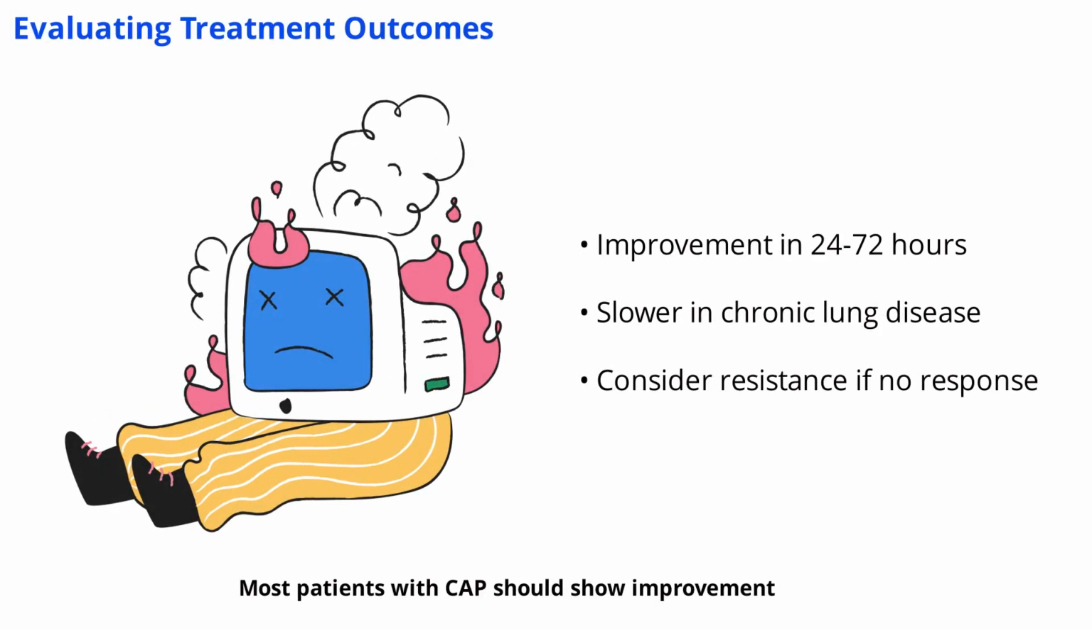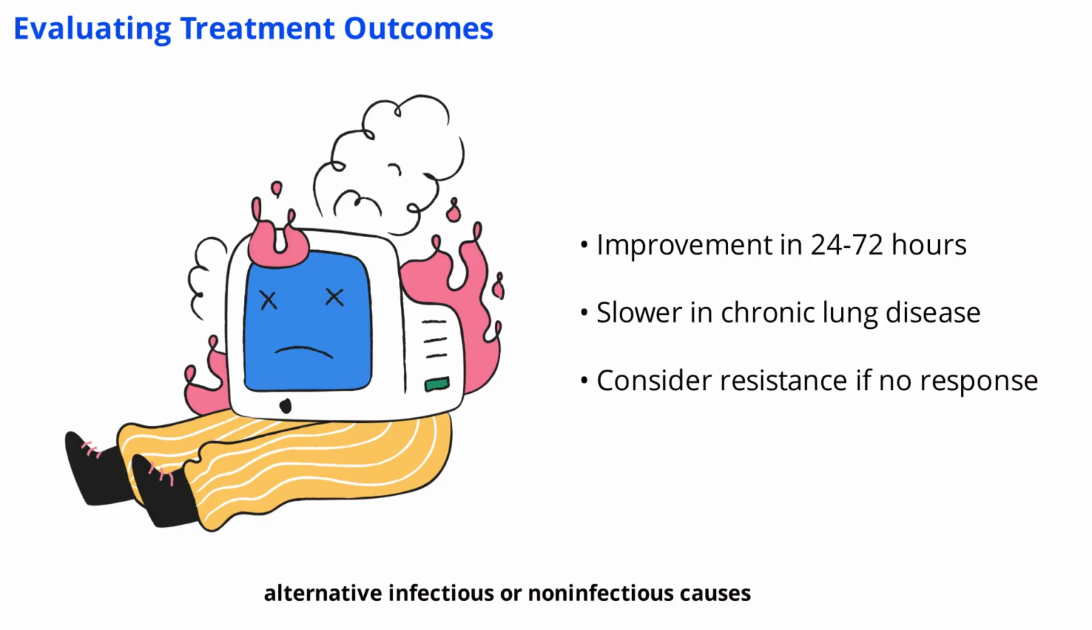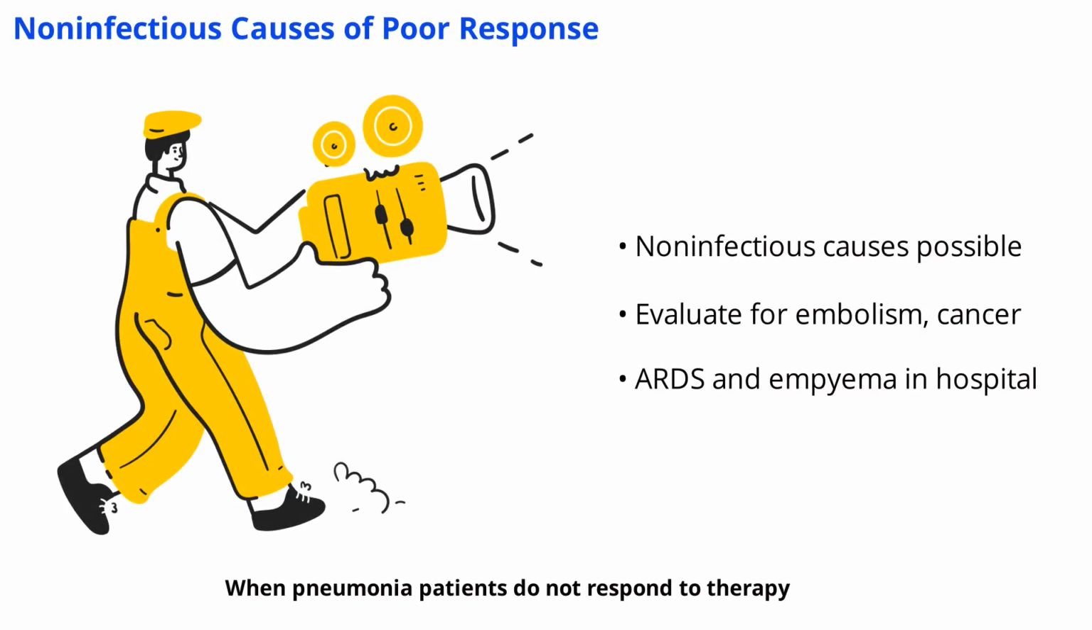Most patients with CAP should show improvement within 24 to 72 hours of starting therapy. However, those with underlying lung diseases like asthma or COPD may respond more slowly. If a patient is not improving, clinicians must consider comorbid conditions, alternative infectious or non-infectious causes, and the possibility of drug-resistant pathogens. If pneumonia patients do not respond to therapy,